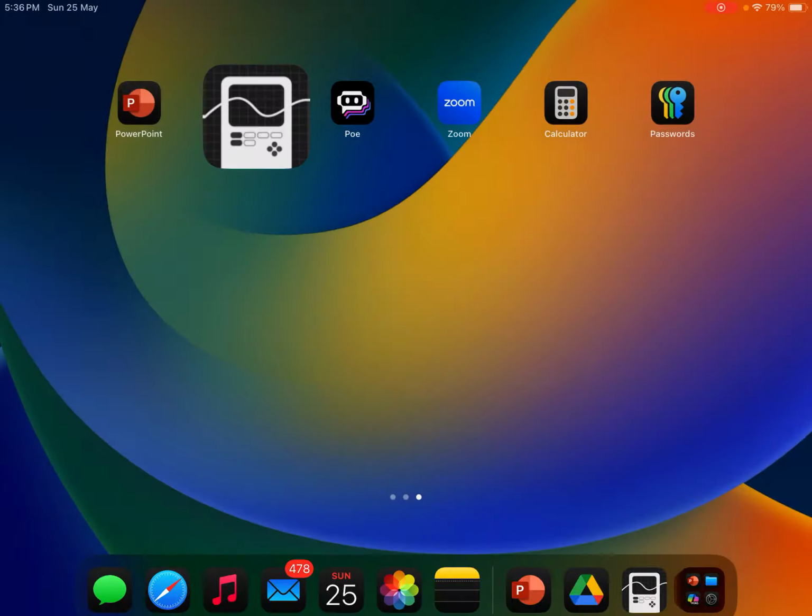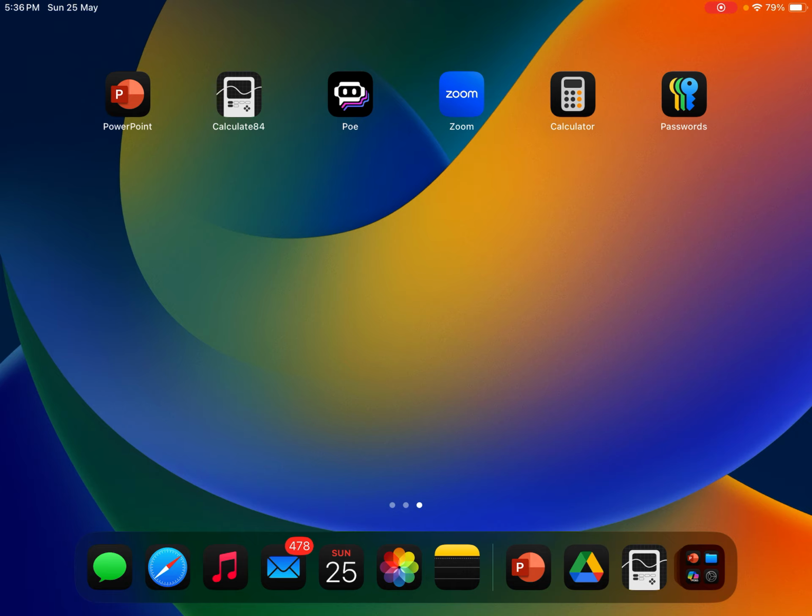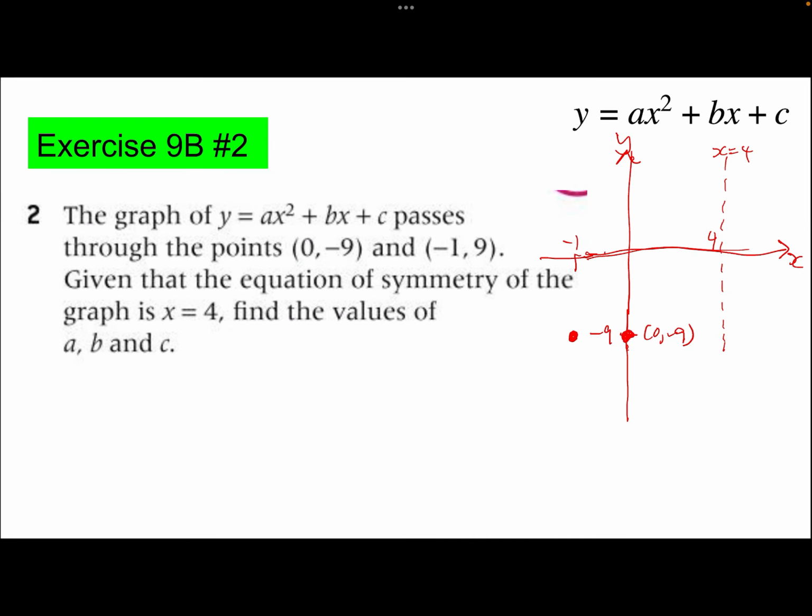So we need to go back to the question again, okay? And we need to try to identify what could be another way for us to find the value of A, B, and C. But I think we have enough information to first find out what C is. I think this would be a great way to start putting numbers into the formula, because again, we don't have 3 points here. But we do know that when x, oops,